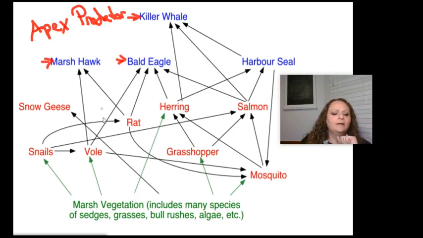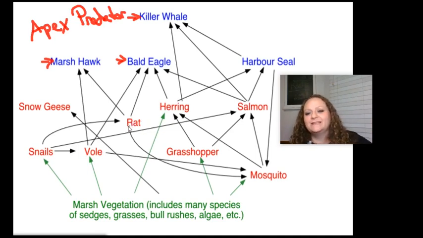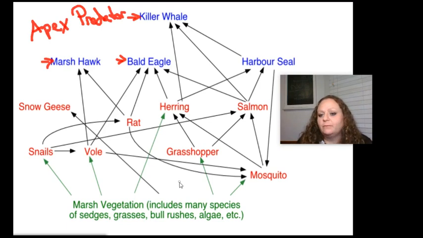So as you go through this, you don't need to write all of this down, but it is important that you sort of understand how to read one of these food webs and you can get information from it. For instance, if I were to ask you, is there a primary consumer on this chart? You should be able to pick one of those out. Primary consumer, these are organisms that are eating vegetation. So here, here, here, all of those are going to be primary consumers.